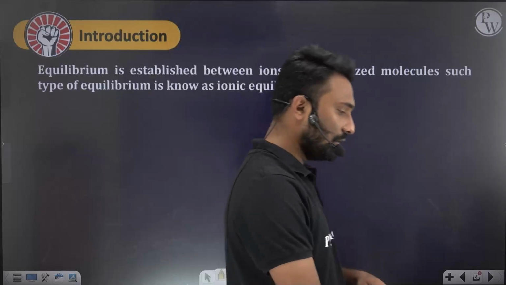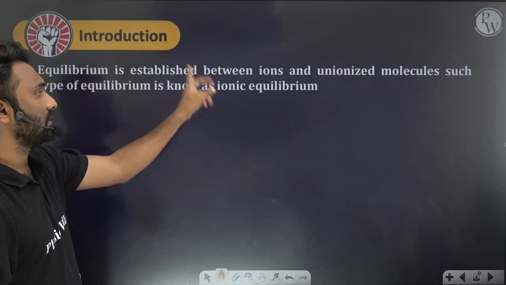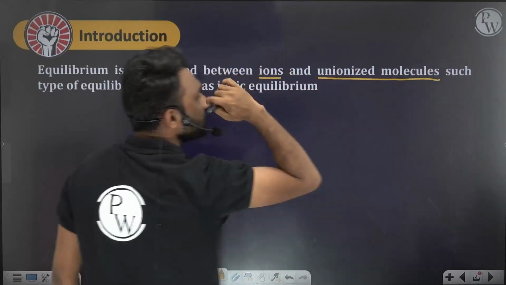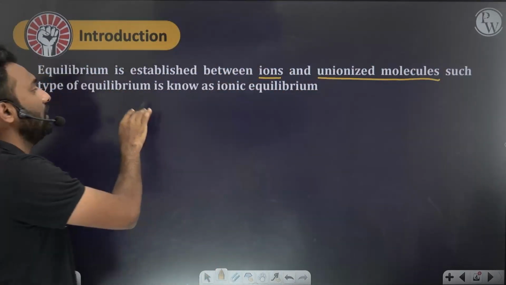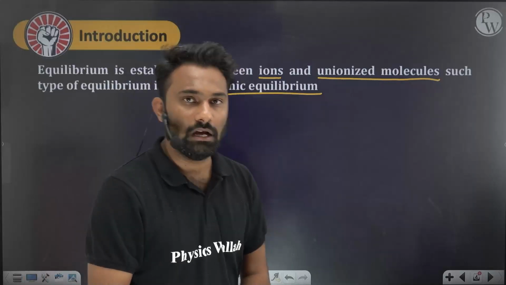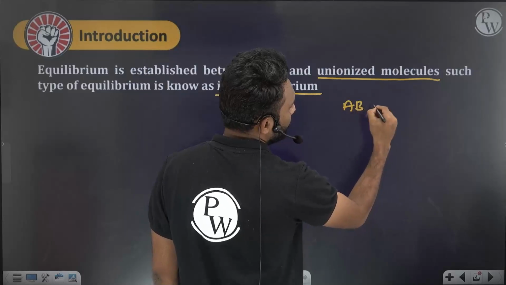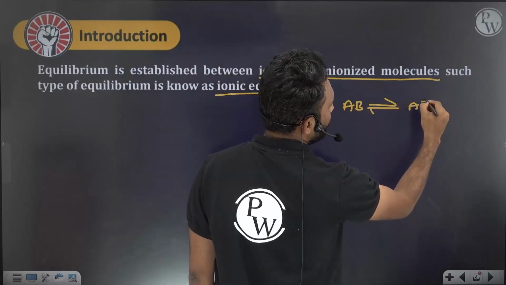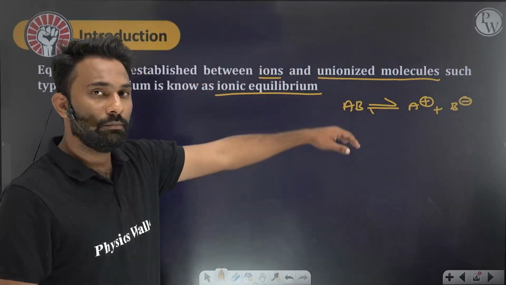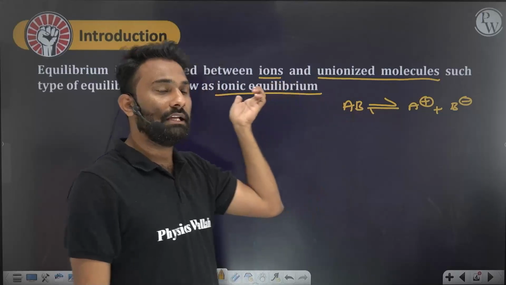Next, ionic equilibrium. Now, introduction to ionic equilibrium. See, equilibrium is established between ions and unionized molecules. Such type of equilibrium is known as the ionic equilibrium, between ions and unionized molecules. Here AB gives rise to A plus and B minus. Equilibrium is existing between the ionized and the unionized molecule. That type of equilibrium is called